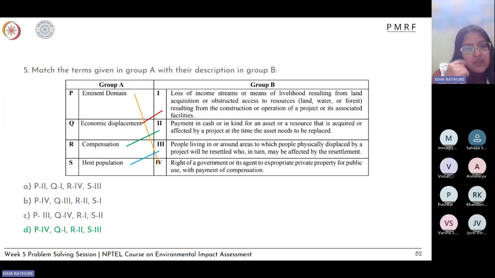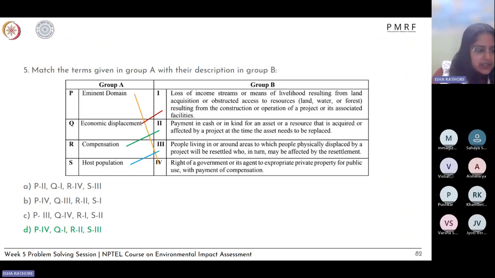So again, definitions and the meaning of the terms, if you can just understand them and later maybe not remember the entire definition, but understand the meaning out of it, you can better answer them in the examination, because of course you have a lot of definitions which will come up in this course. So maybe just understanding them and then recalling them will help you in the examination.